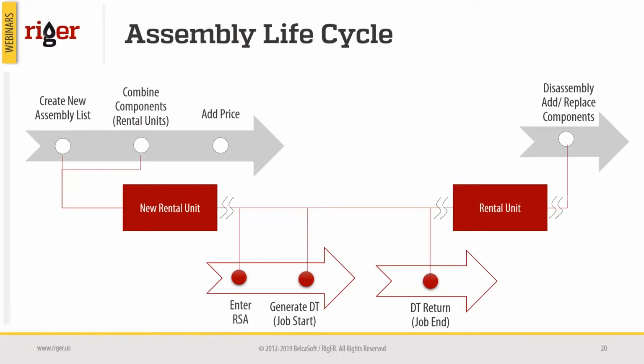combine different rental units together, build a new rental unit, set up the price of this new rental unit, and do like a normal job. When you have a rental service agreement, generate a starting delivery ticket, and delivery ticket, and continue moving as a